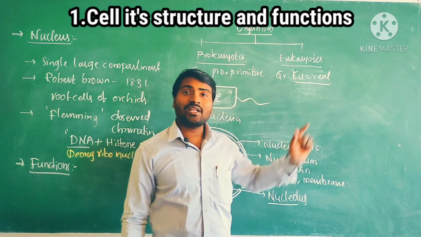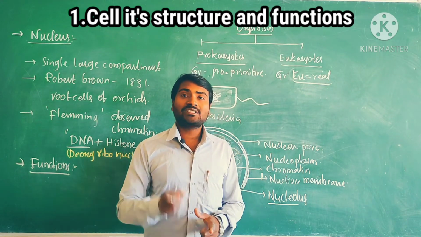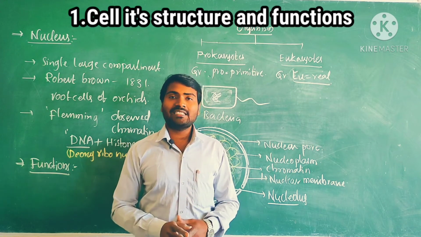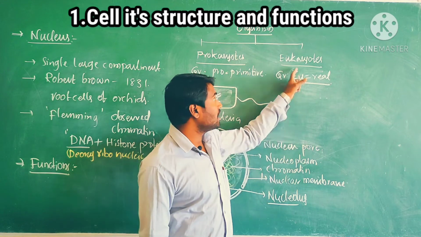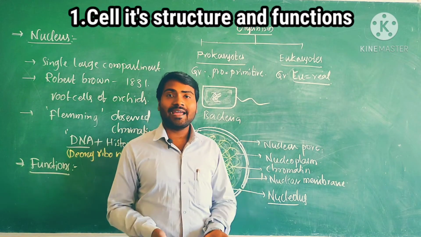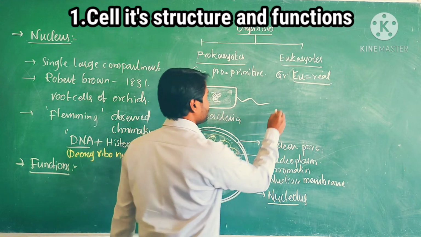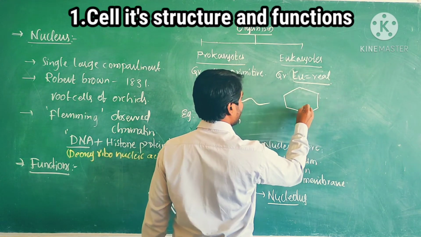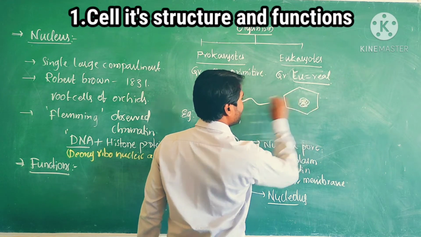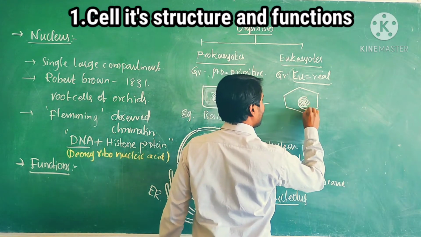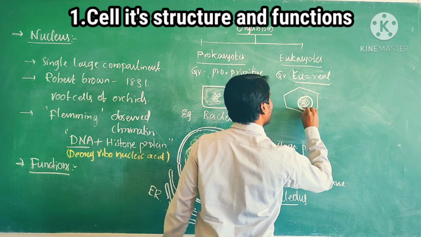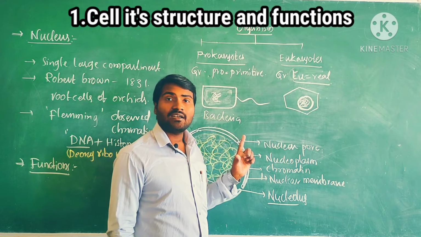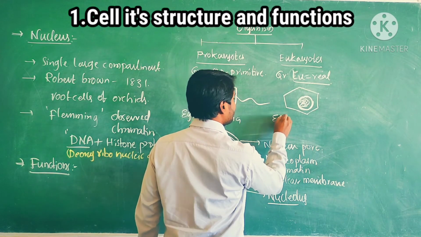The word eukaryotes is also derived from a Greek word. Eu means real, good, clear. A membrane bound nucleus is present, so such organisms are called eukaryotes. Example: all higher plants and animals. For example, this is a plant cell. Here the nuclear genetic material is present, and this genetic material is surrounded by the nuclear membrane. So in eukaryotes the nuclear membrane is present, while in prokaryotes the nuclear membrane is absent. So that is the difference. Example, higher